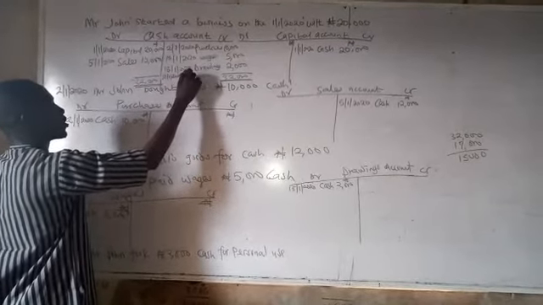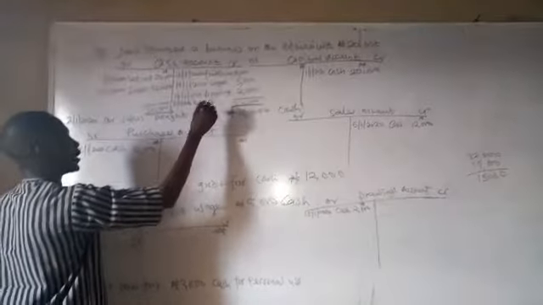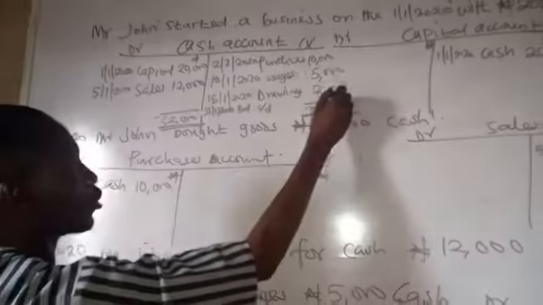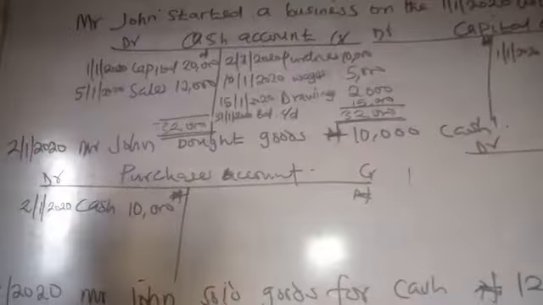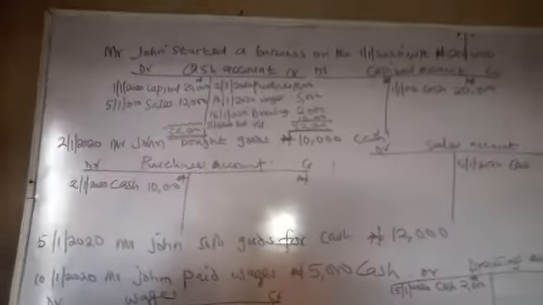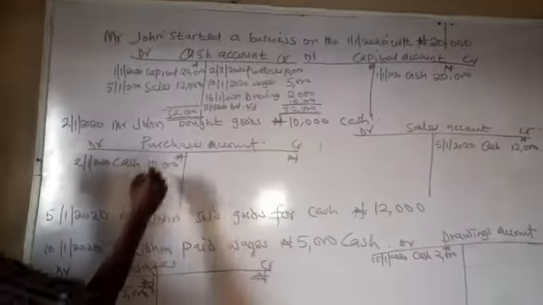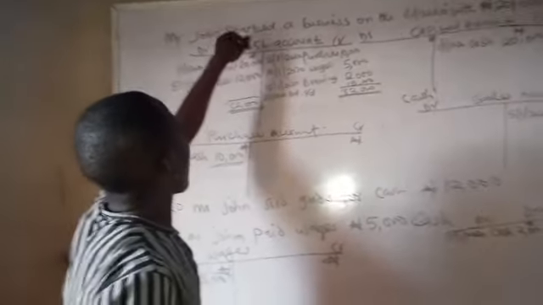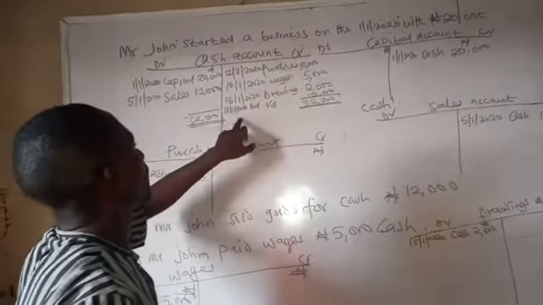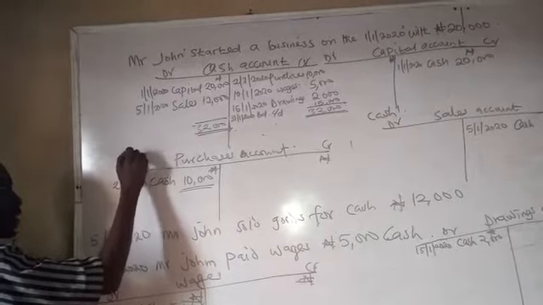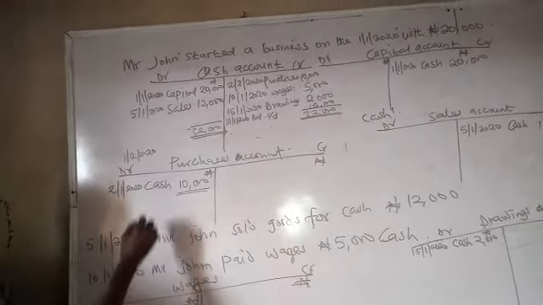Balance carried down in Mr. John's cash account is what? 15,000 naira. The purchases account has a debit balance of 10,000. Yes. In our cash account, the balance carried down is 15,000. And on the 1st of February 2020, the balance